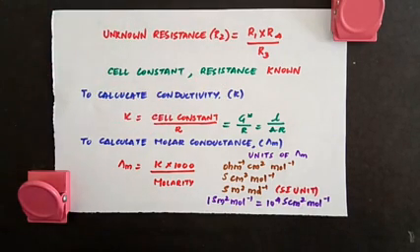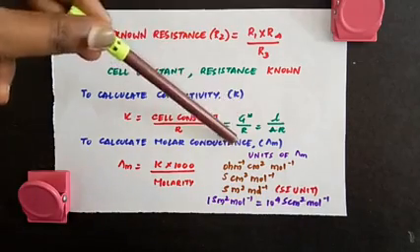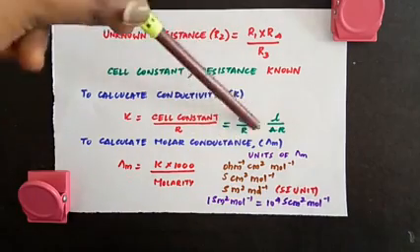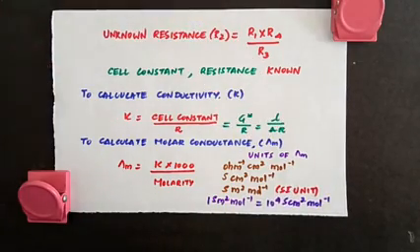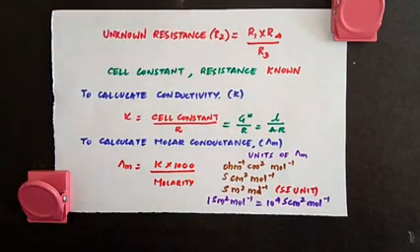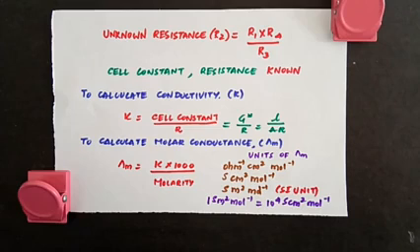So what is cell constant? G star divided by R. You can write G star as L by A also. So L by A into 1 by R will give you kappa, conductivity. So from resistance you can use this formula to find out conductivity. You can find out the cell constant by using L and A values. If you know the length of the conductor, which means the electrolytic solution, and the area of cross section, then you can use the formula L by A to find out the cell constant.